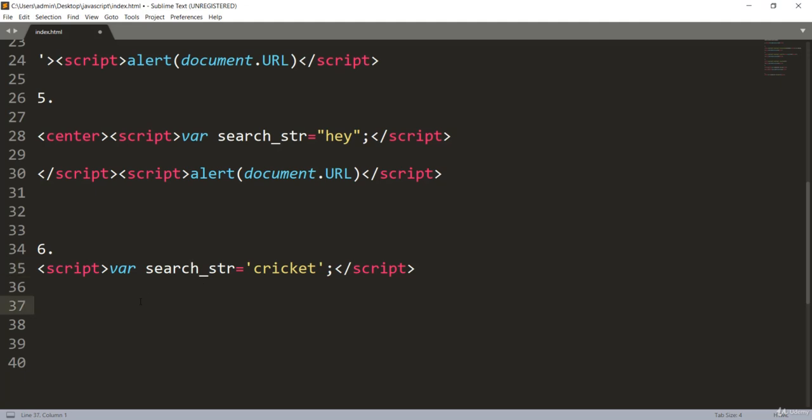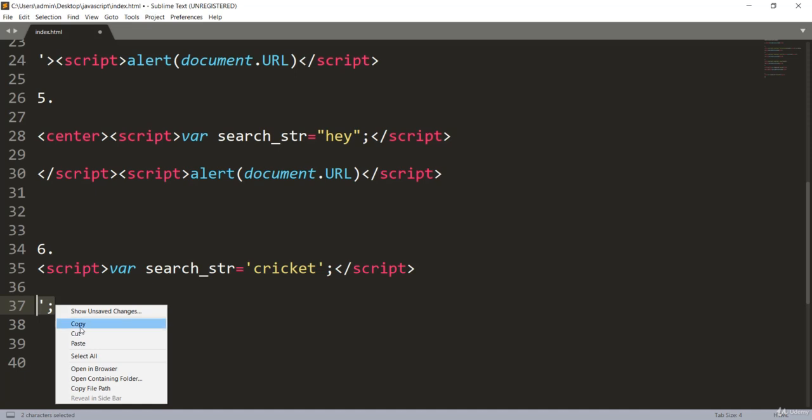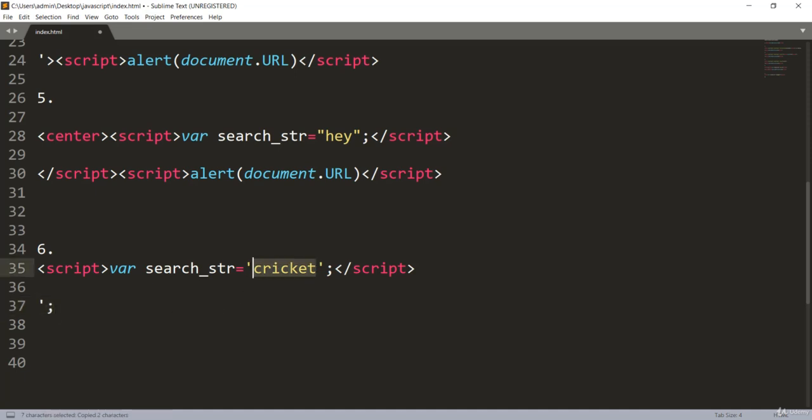So first of all, I'll just close my cricket, or basically the script, and after that you can just close your script. That means this part will be, now let me just copy. So instead of cricket, I have to just put this now. So that means the empty variable has been created first. After that I'll just run my script.